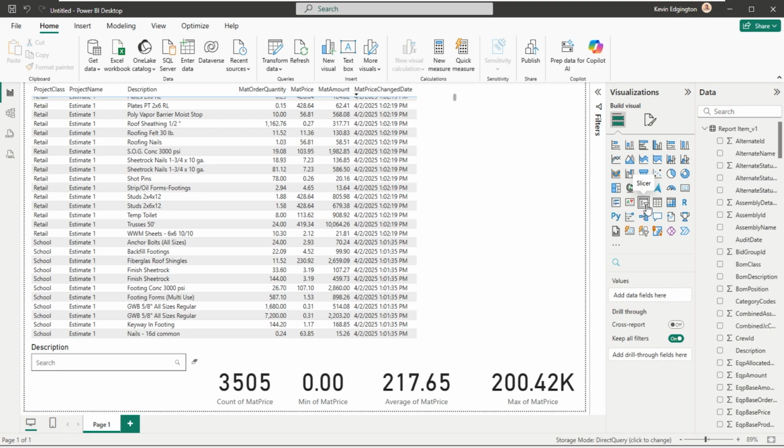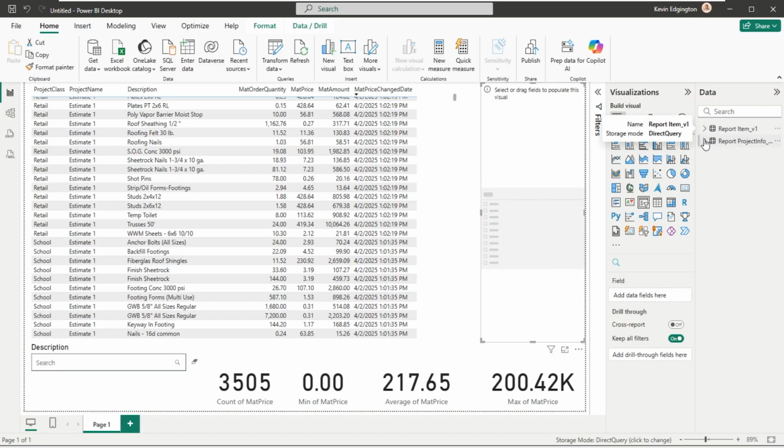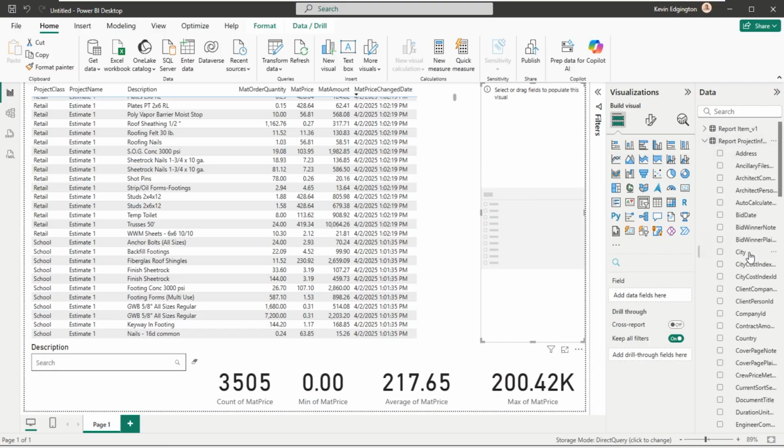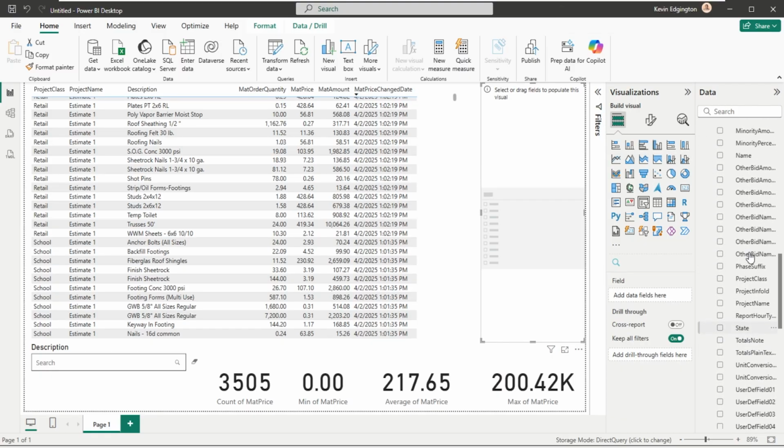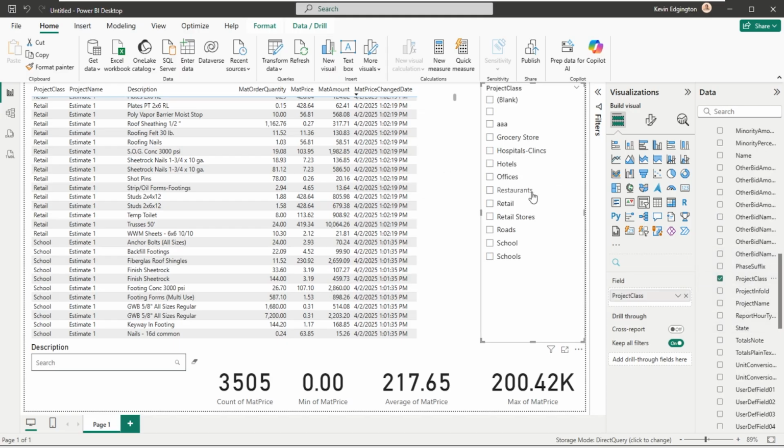It's got a little picture of a funnel to let you realize that that's a filtering mechanism. Now that it's got it on here, what do you want to use for your funnel? One of the things I want to do is that project class. So if I come back down and find my project class and drop that on there, there's all the different project classes that I've got.